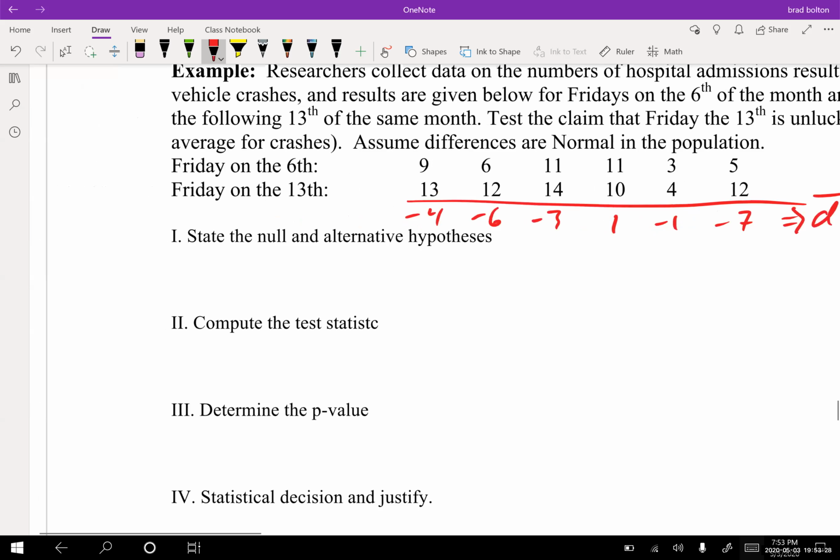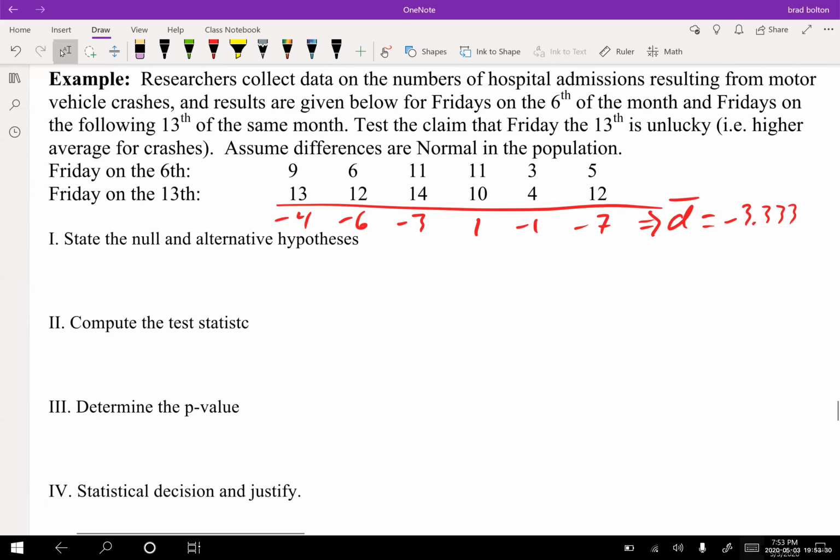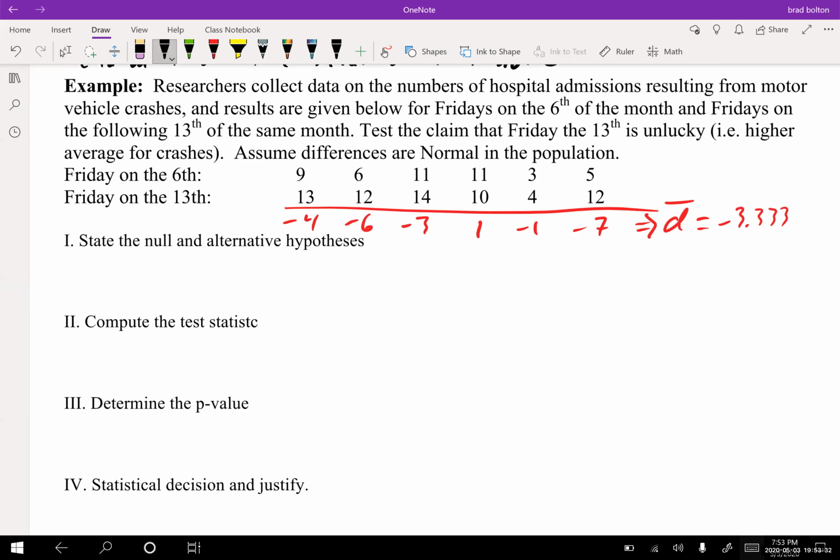So we've got to come over here. So our D bar is that. Let me clean this up a little. So we're going to go over here. We're going to kind of get rid of this. And we're going to go step one. We know is the claim and the opposite. And that means that